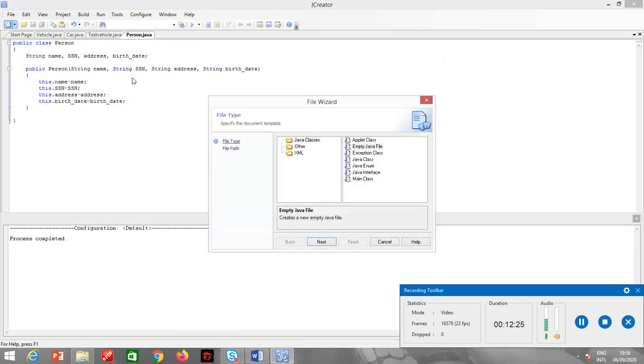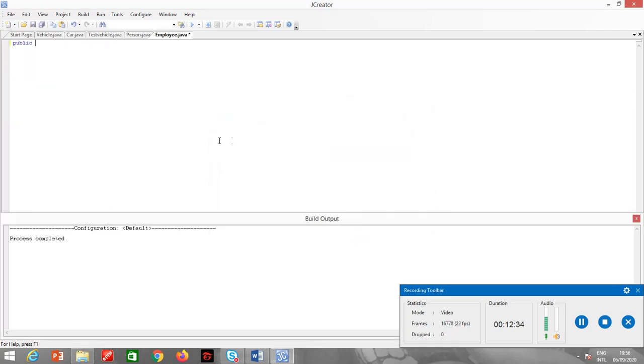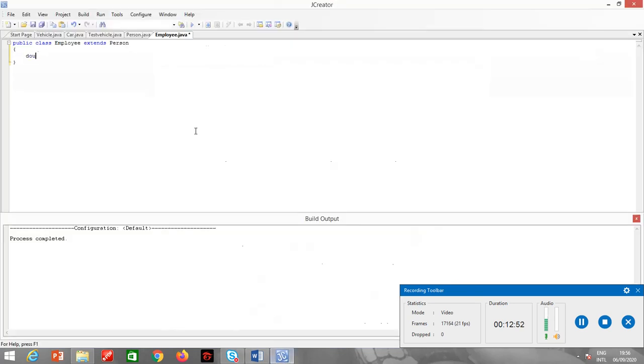So I will create another class which is the employee class. Employee derived from person, public class employee extends person. Now what does it have? It has instance variables, salary, only one instance variable, double salary.